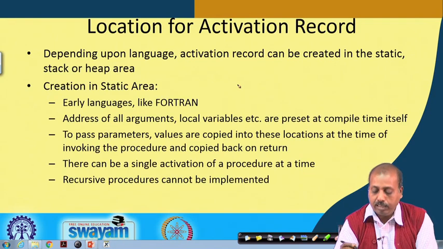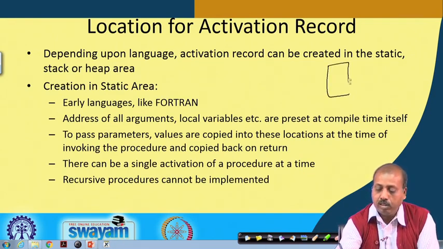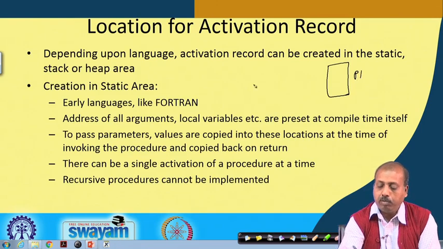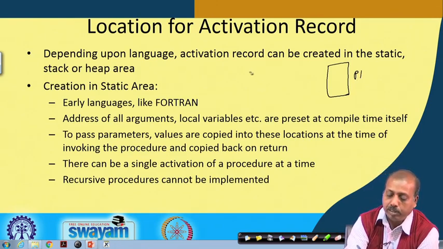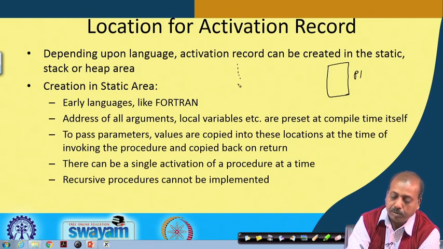What I mean is that suppose I have got this as the activation record for procedure P 1. Now, I am giving a call to this procedure P 1 at this point in the main program, with the values A and B as arguments. Whatever arguments we have, these values will be copied there.